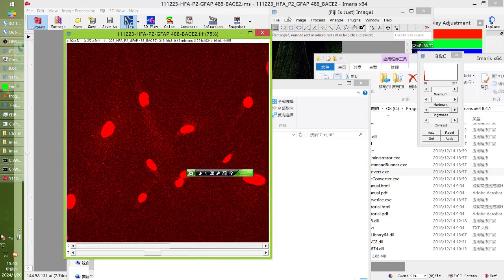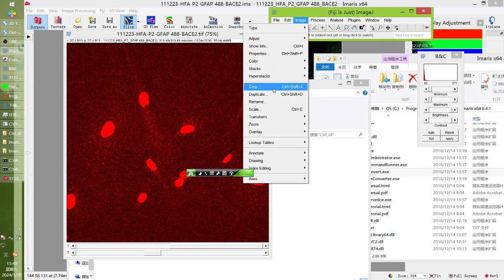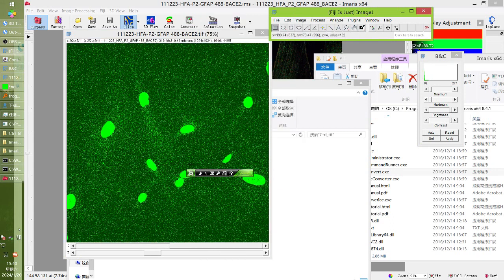Image, Lookup Tables, make it green. Okay.